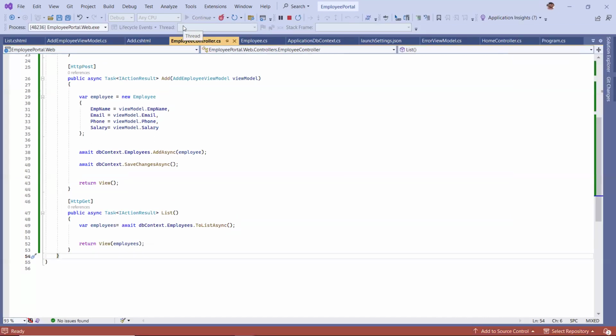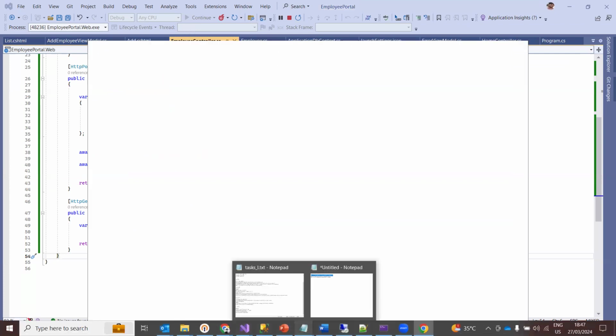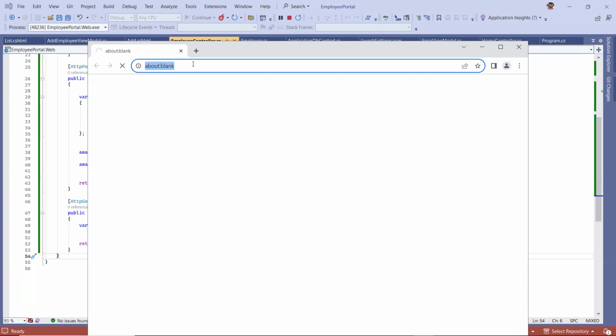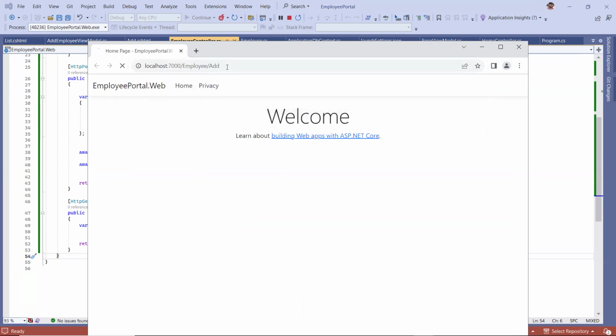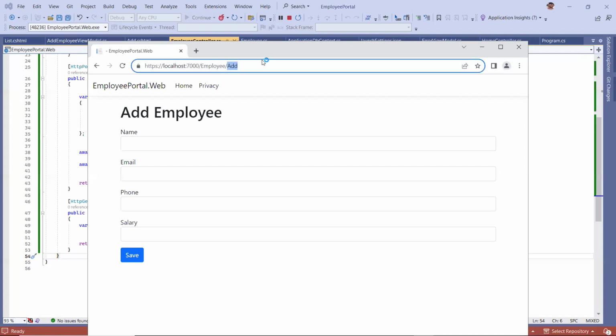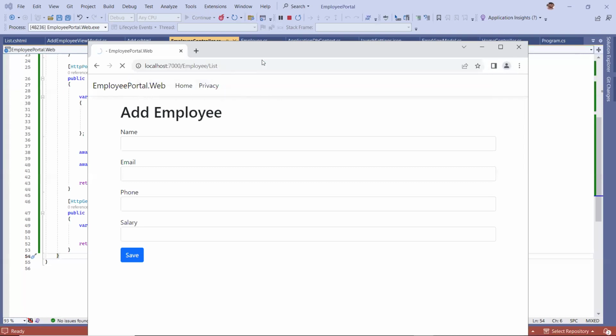So I think inside employee controller, we need to have a list. So we need to navigate through that. So just type employee, and this is for add and just this is the list. Now it is coming to here